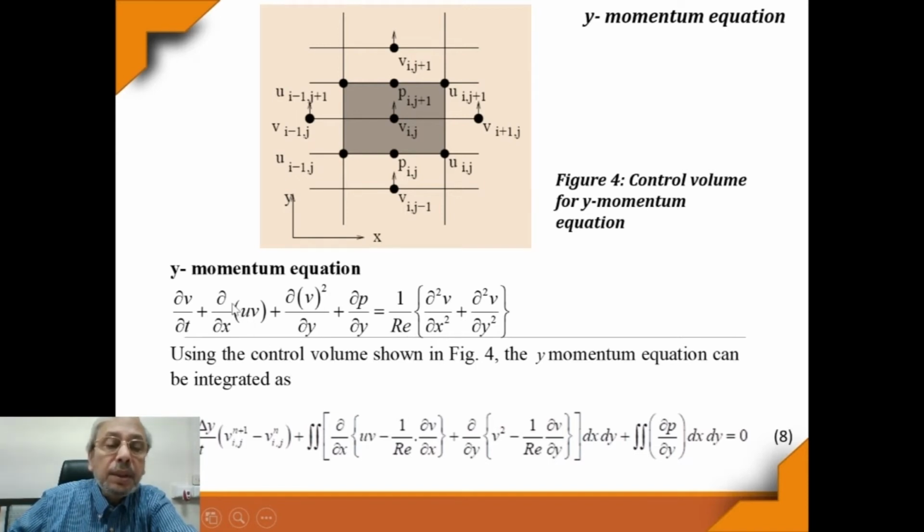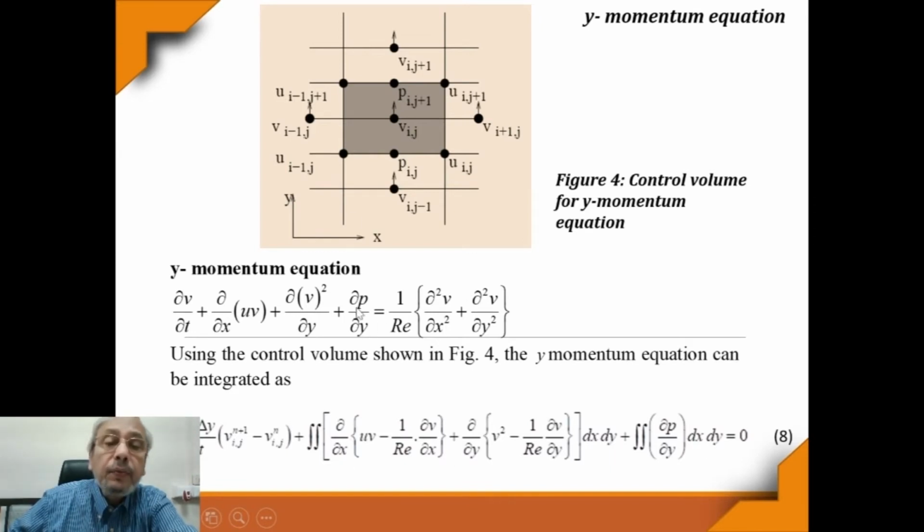That means with del x of uv we get 1 by Re del 2v del x2, and also with del y of v square we get 1 by Re del 2v del y2. Del y is operating on both, so this is similar to strong conservative form, and then we integrate it